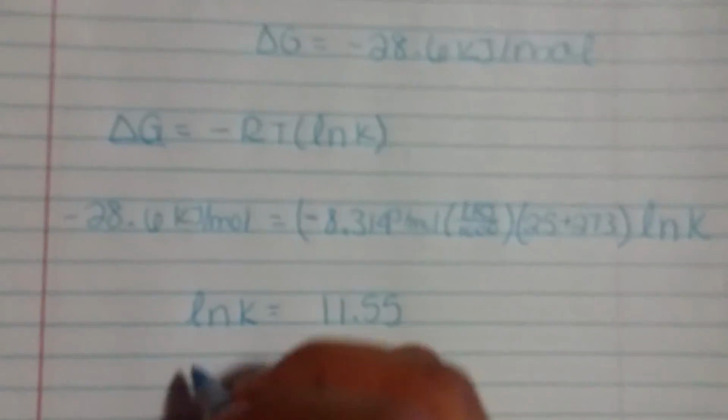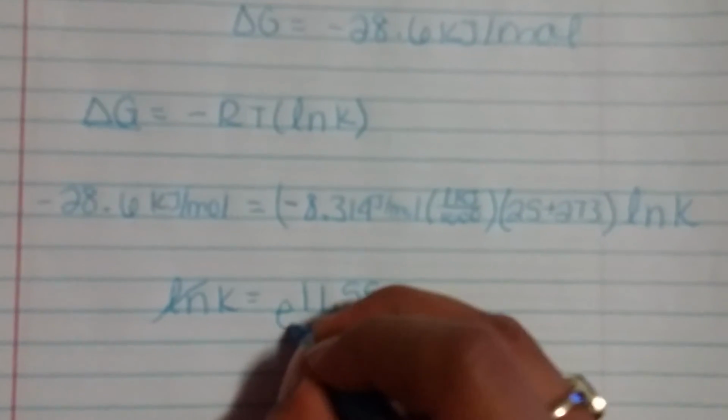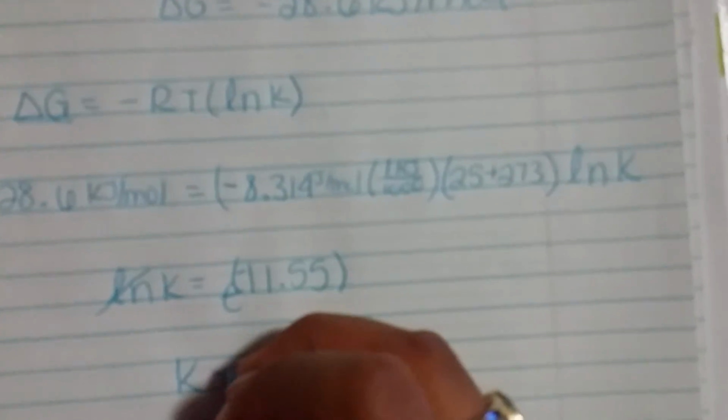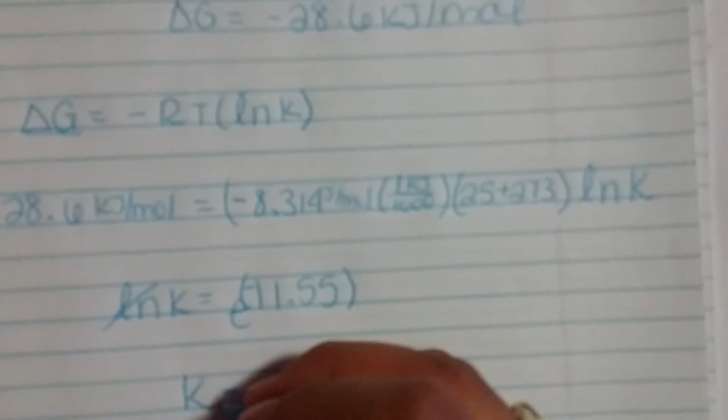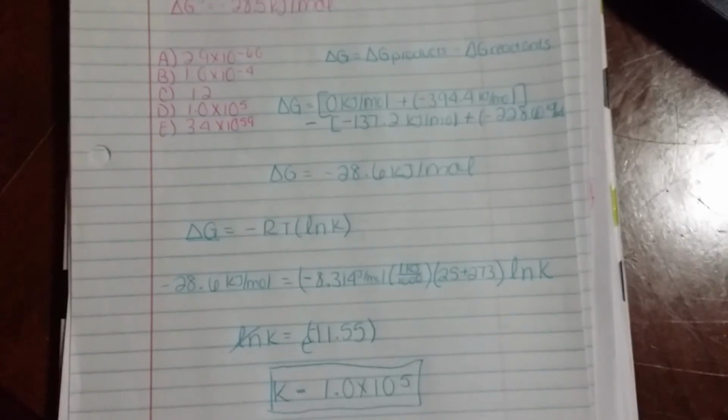To solve for K, we take the e of this value, raise it, make it negative. Putting this in the calculator, we get K is equal to 1.0 times 10 to the 5th as our final answer, making our answer